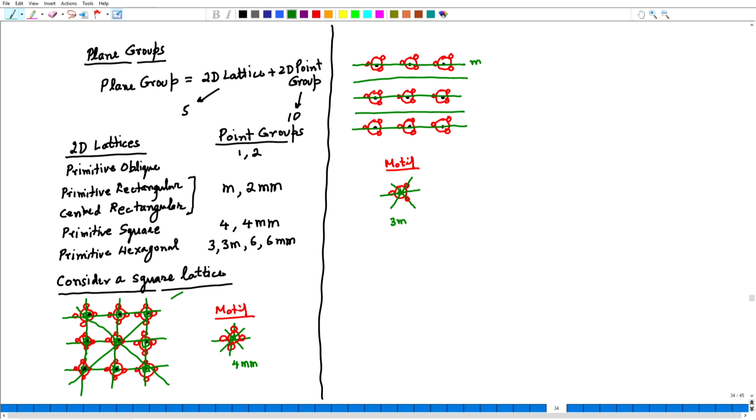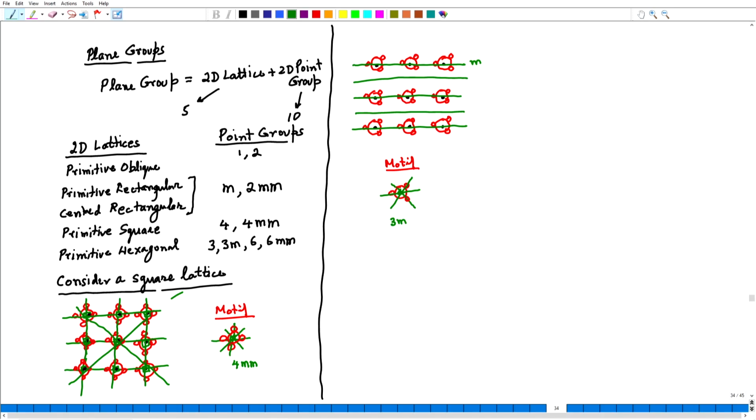So, now what kind of a pattern it is, or let me put it this way, what kind of a lattice it is. We will see that we can no longer call it a square lattice because it does not have a fourfold rotational symmetry. Right from the beginning of this course, I have been repeating again and again that the lattice type is decided by the symmetry, and therefore, which lattice it should be.